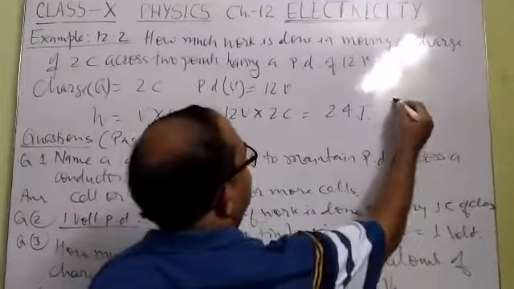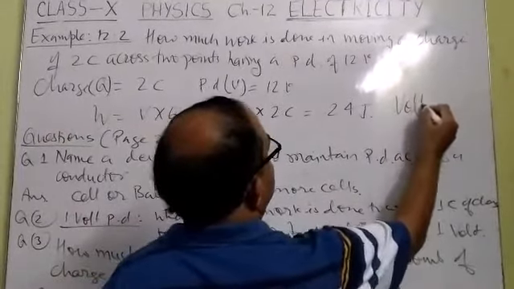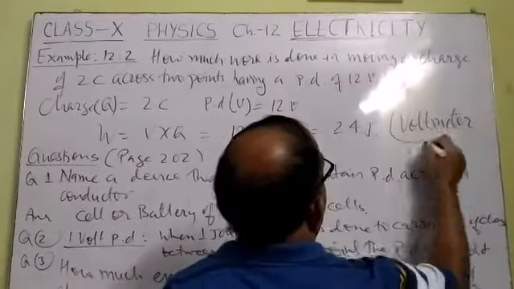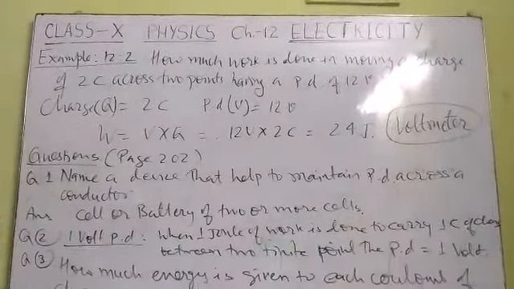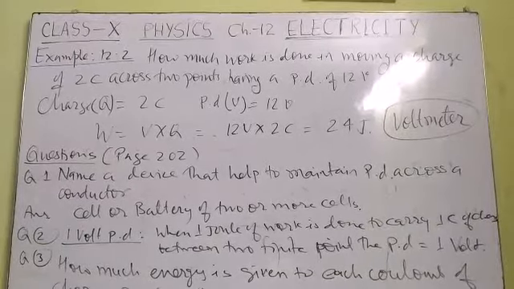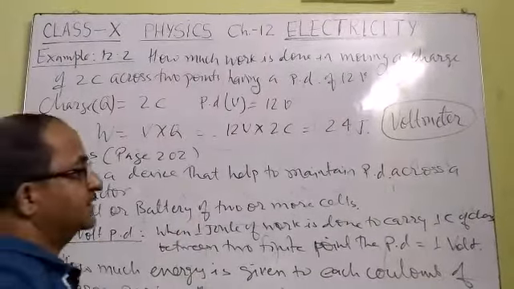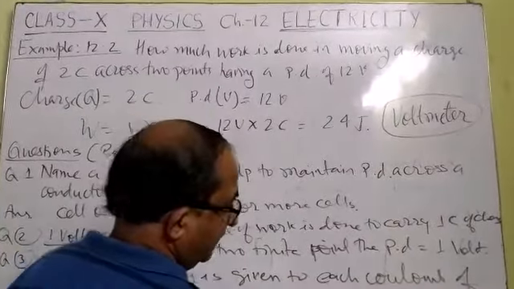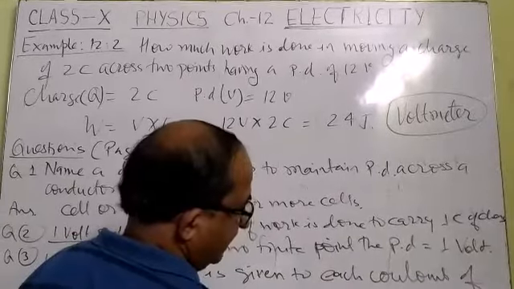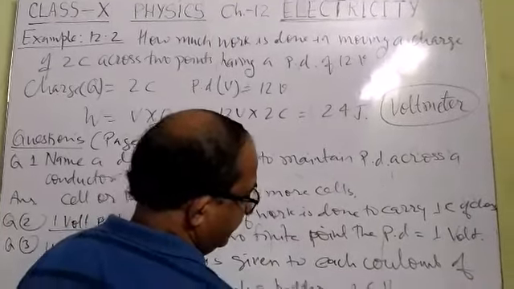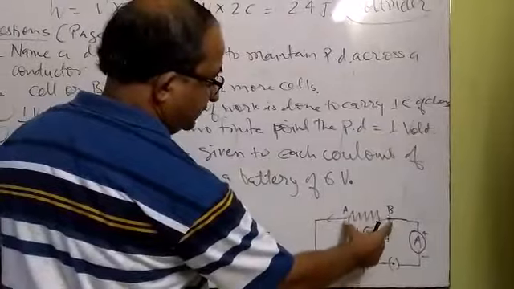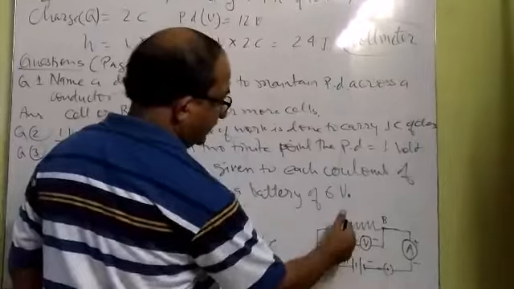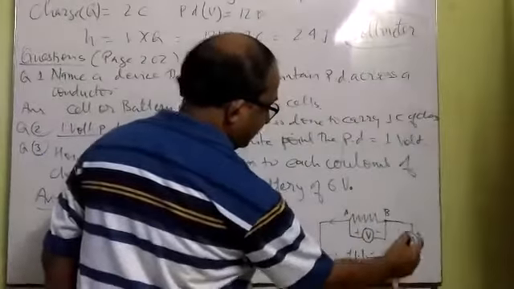By which we can measure the potential difference between given 2 points in an electric circuit is the voltmeter. So always remember, by the help of a voltmeter we can measure the potential difference, but the voltmeter should always be connected in parallel to the wire across which we will measure the potential difference. Suppose the resistance wire AB: across the endpoints of AB we want to measure the potential difference, so the voltmeter has to be connected in parallel, whereas the ammeter, just for measuring the current, should be connected anywhere in series.